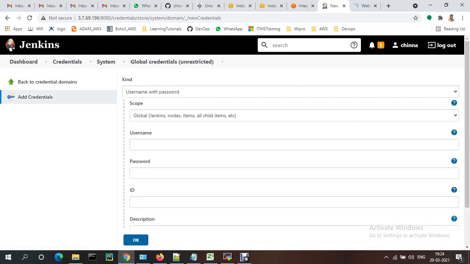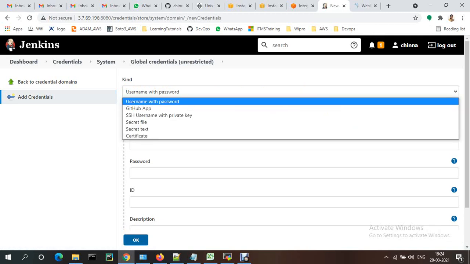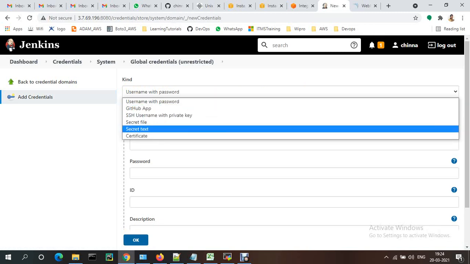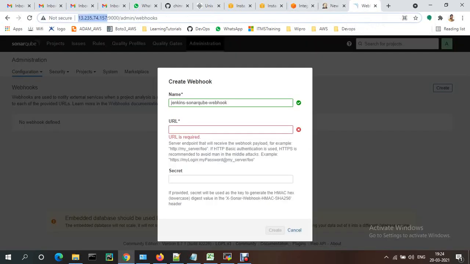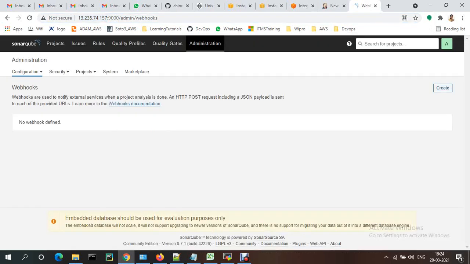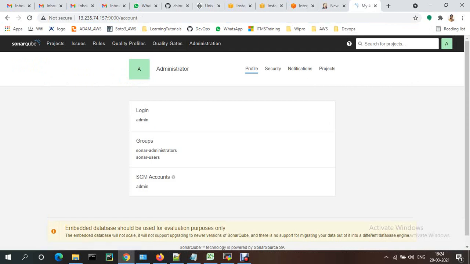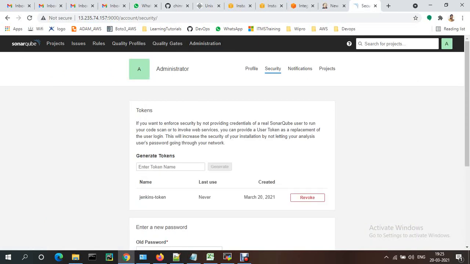Here it is not username and password, so we choose secret text. Whatever token we generated from here: if you go to My Account and Administration, the token is generated, the Jenkins token.